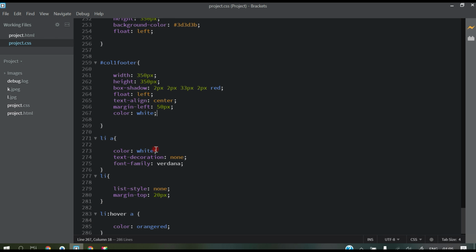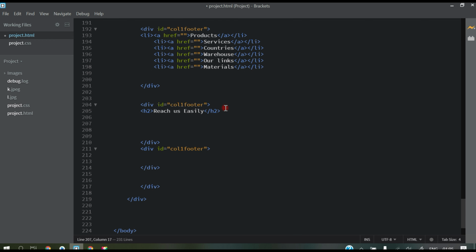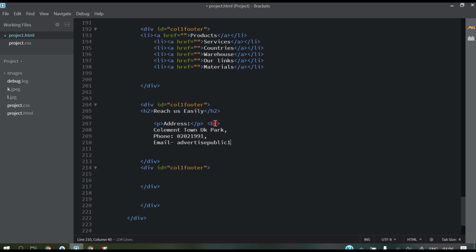So let's write your address here in this column. For that, open paragraph and write address, and here then again give a br, meaning next line, then write anything like Clement Town, UK Park, and then write something, phone, randomly anything, and then email, like our email, sag advertise public1@gmail.com.